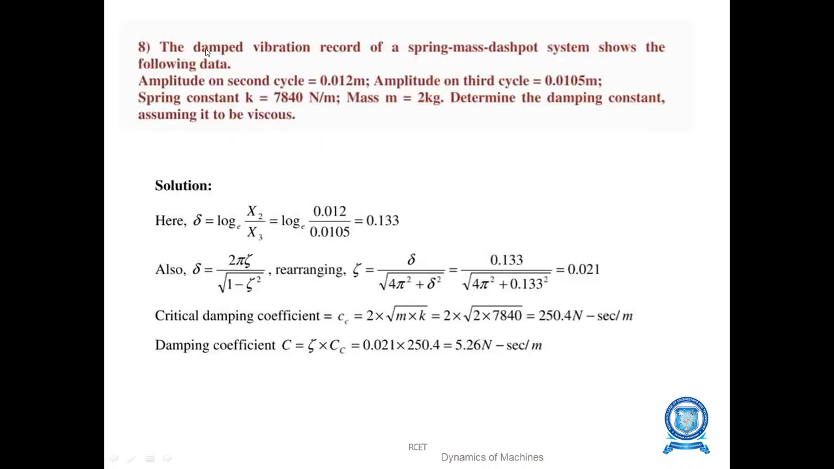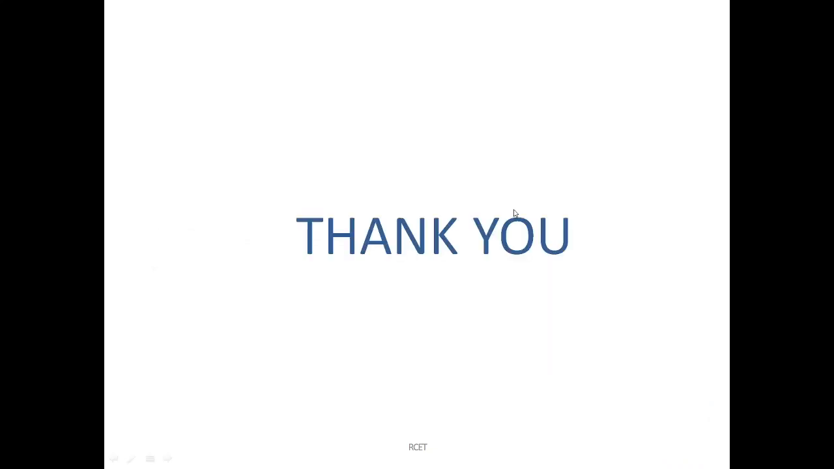So this is the next problem. The damped vibration for a spring mass dashpot having amplitude on the second cycle, that is h2, is given, and the third cycle is given. The spring constant k and mass are given. We are going to find the critical damping coefficient. To find the damping constant,